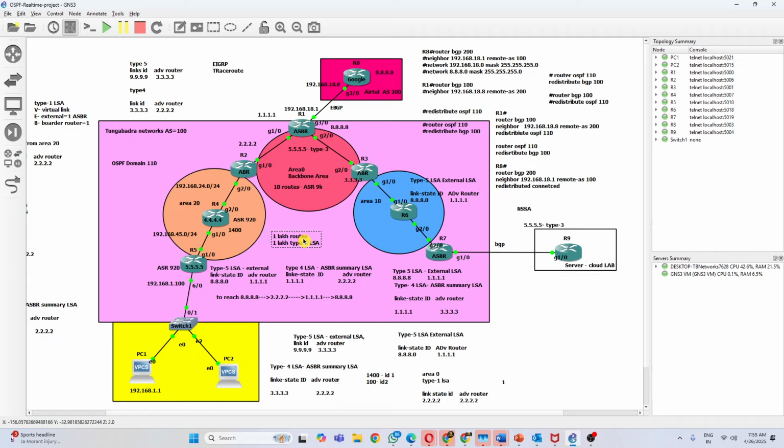So what you need to do is minimize the type 5 LSAs. That's why we have a feature. So what feature do we have? The stubby feature. What is that? Stubby area. What is a stubby area? You can configure any area as a stub area,